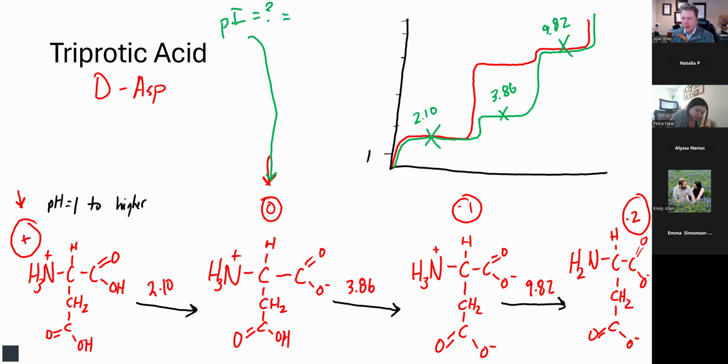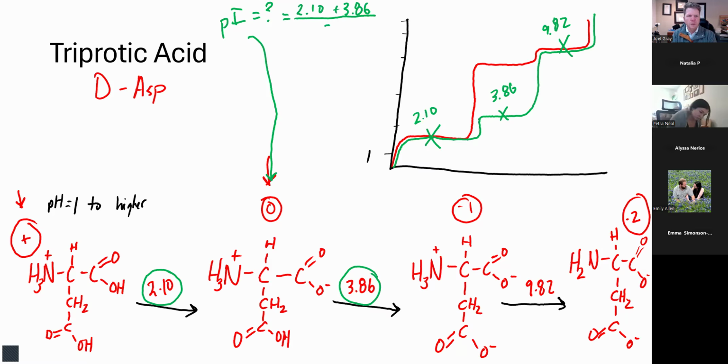Now, whenever you draw out your forms of the molecule like this, what you want to do is find the pKa values that show your molecule transitioning from a +1 to a 0 and from a 0 to a -1 charge. Those two pKa values of 2.10 and 3.86,